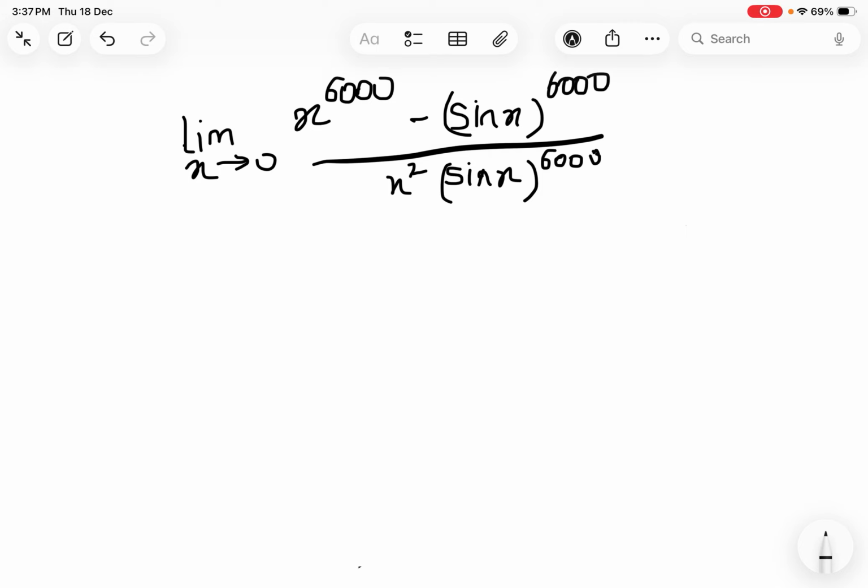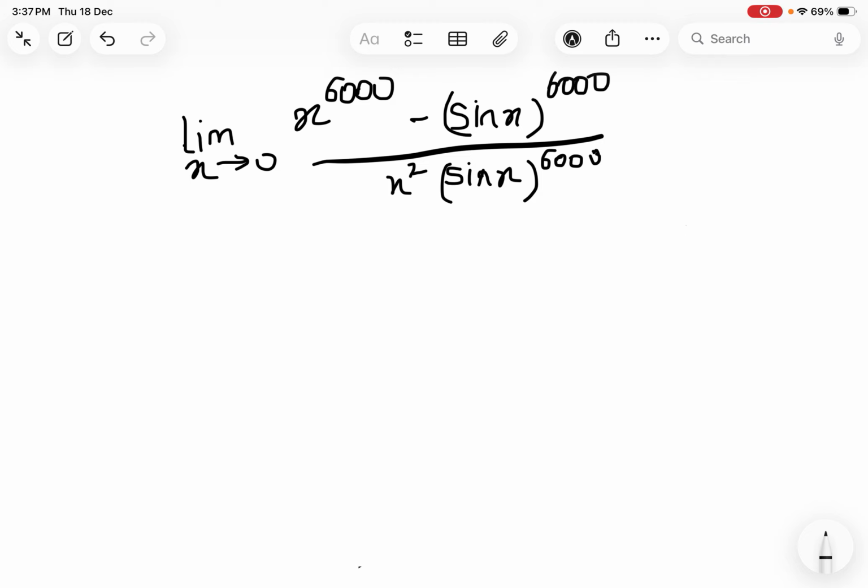Hello everybody, today we are going to be solving this limits question and it's a very interesting question. I could not solve it in my first try and it's a kind of complex question, you can say. It requires you to apply a lot of brain and it's not an easy one. So let's get started. Now this limit is x extending to 0 and we have given x raised to power 6000